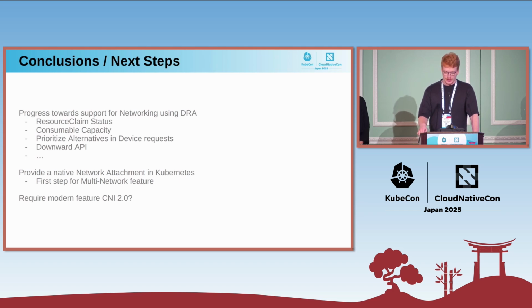And these changes are also an amazing step for the multi-network initiative, because this initiative started back in 2022 and is still currently active to bring native support of multi-network in Kubernetes. So having a way to attach networks in a native way in Kubernetes is a great first step towards this initiative. And the last question here would be, do we need a CNI 2.0? The CNI API could be aligned with what Kubernetes provides in the latest version, with features like DRA, for example.